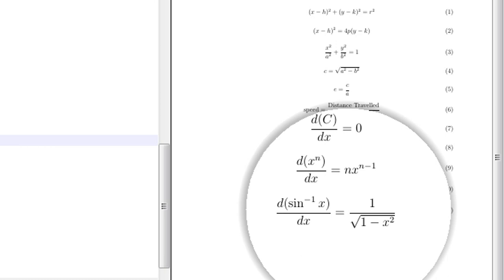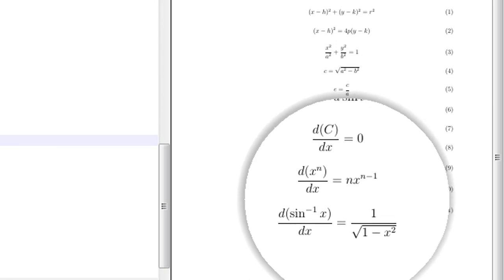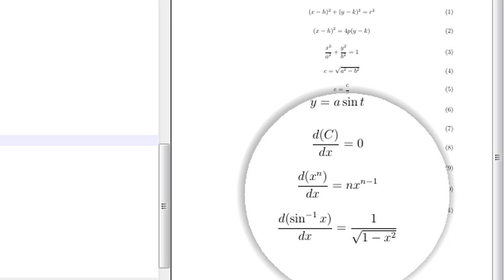And again, in Microsoft Word, there is no facility to give numbers to the equations. All the equations have to be numbered manually, and once you give the number to the mathematical equations, sometimes if you need to insert some new mathematical equation in between, then you need to change all the numberings.